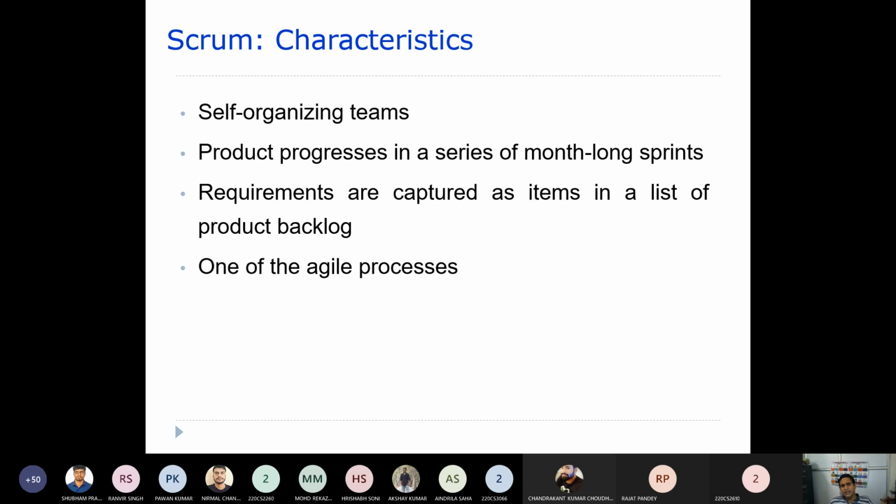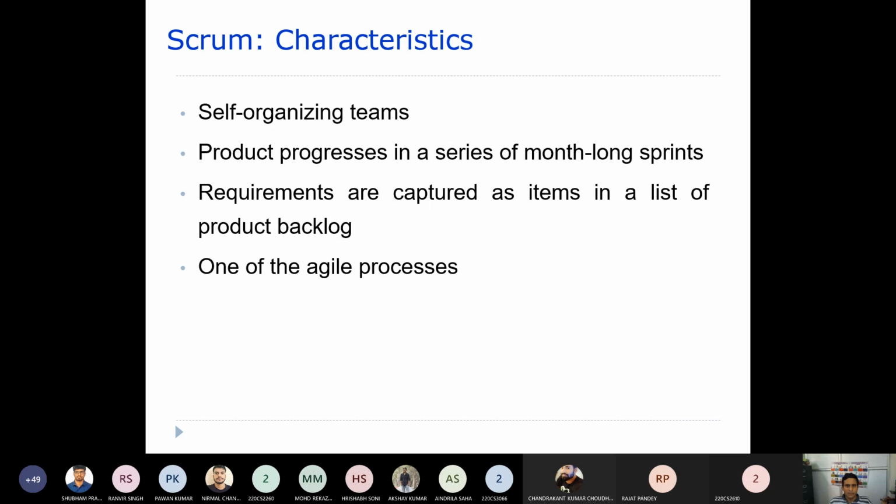Here it is a self-organizing team. When I say self-organizing teams, that means the responsibilities will be distributed among the team members by themselves.